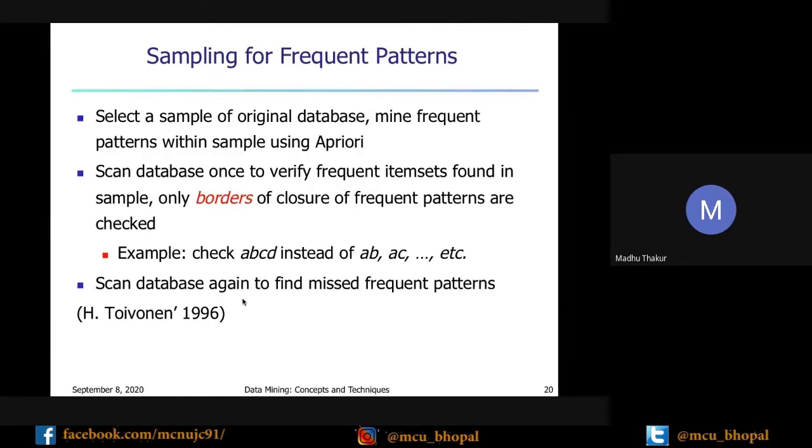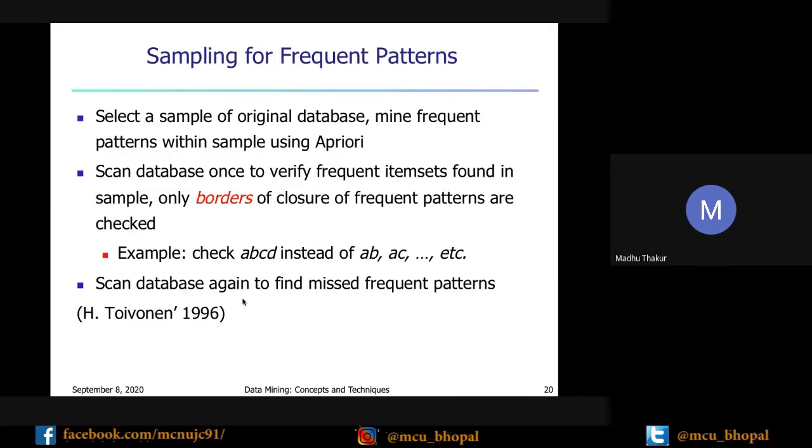Another method is the sampling method. What it is saying is, don't create patterns from the whole data. Rather, you can take only a sample. There are a number of sampling methods available. Using a good sampling method, make a new data set called the sample data set.